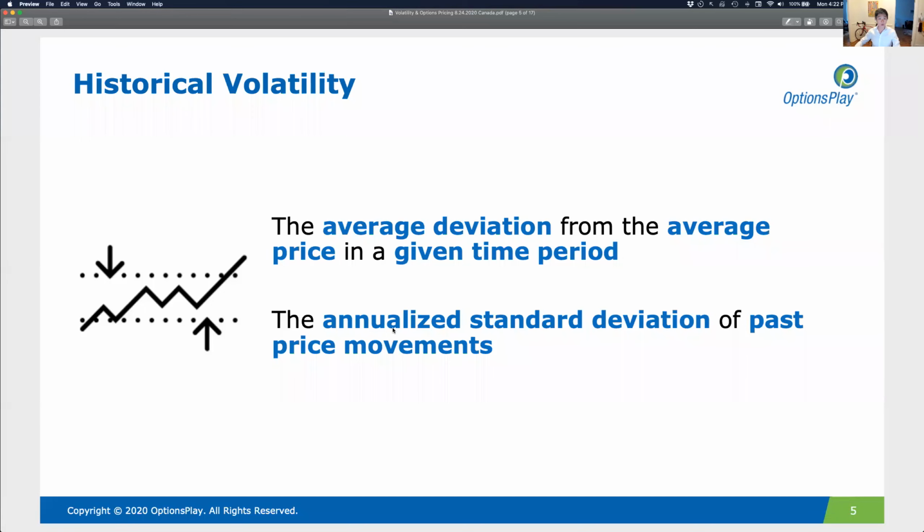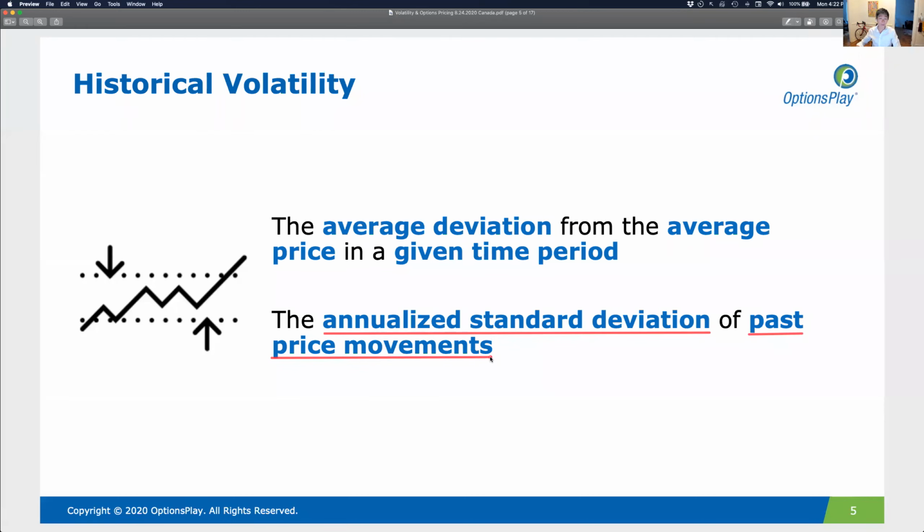So when we talk about historical volatility, many times we look at the annualized standard deviation of past movements. Now, you don't have to have a full year of data to get an annualized number. You can take a month, 6 months of data and annualize that number. You can even take 3 years of data and annualize that number. So we usually annualize it so that we have a normalized way of measuring or comparing stocks against each other,